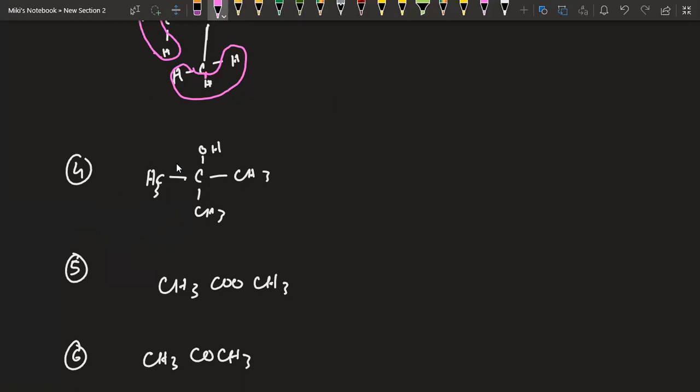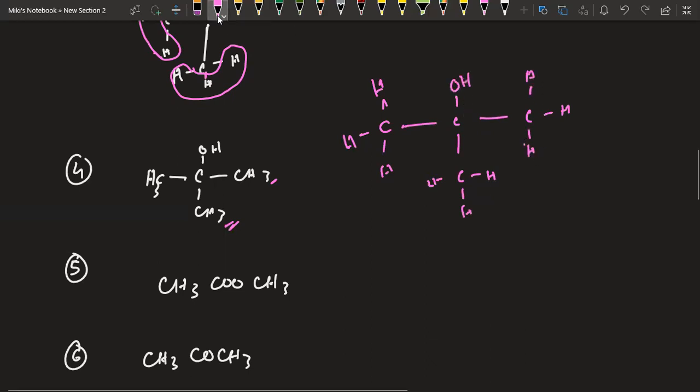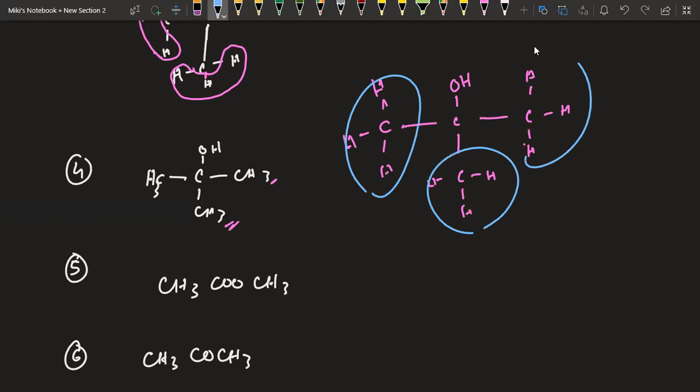From here, number 4, we can see the CH3, CH3, CH3 groups all look identical, isn't it? Each of them is bonded with 3 hydrogens on the carbon. In this case also the same. Let's draw it completely to make things easy for you. And we have OH. Most probably, if you have solved it, you have given 1, 2, 3, and 4,